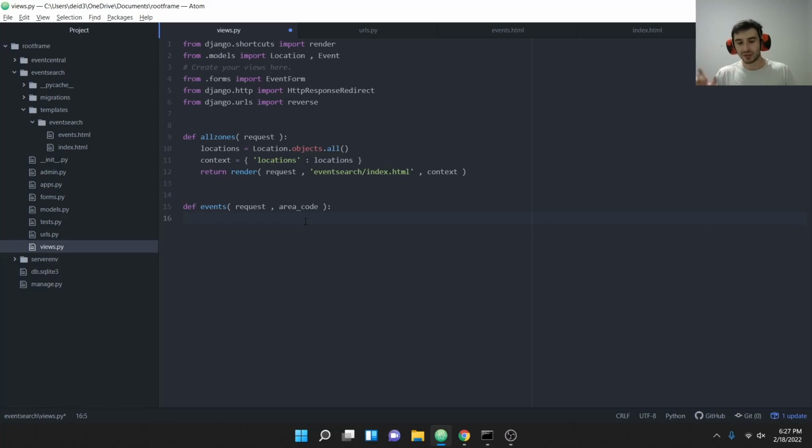And once we have that instance of a location, we can tell our events, hey, look for all the events that have a relation to this specific instance of this location. So we're going to need to query a specific location, which we're given an area code for. Once we have that location, we're going to pass that to filter for our events. Okay. So what we're going to do is say our location is equal to location